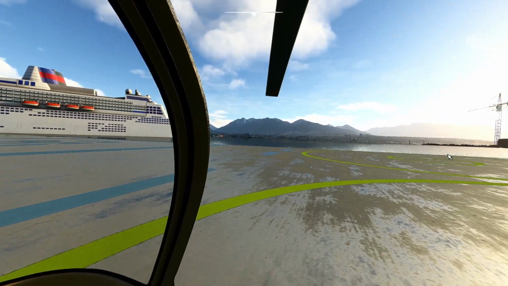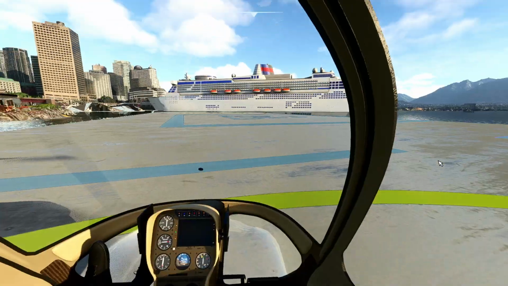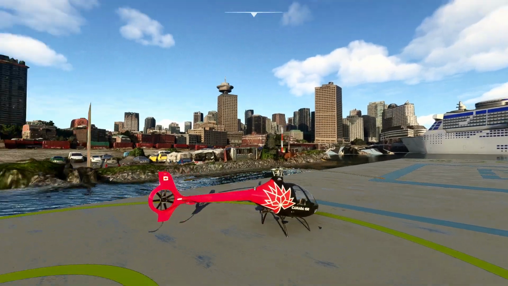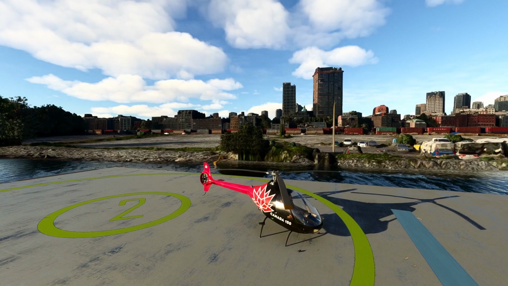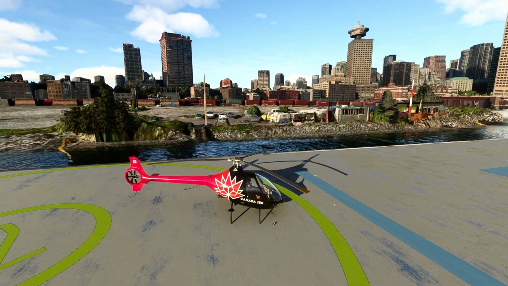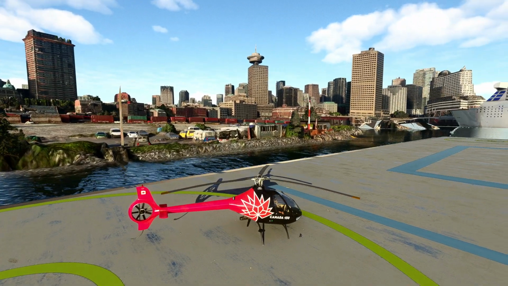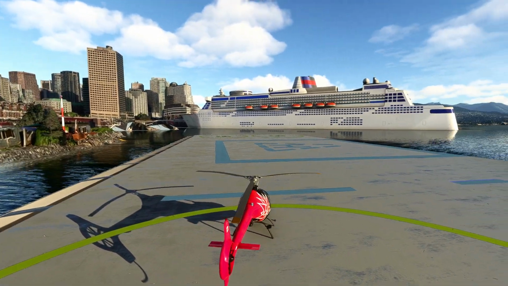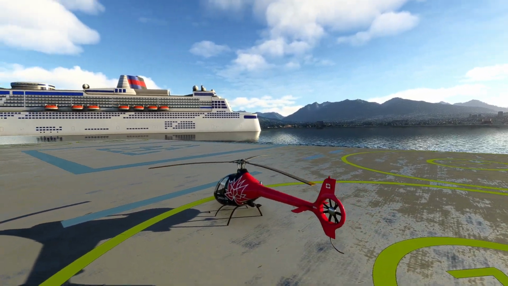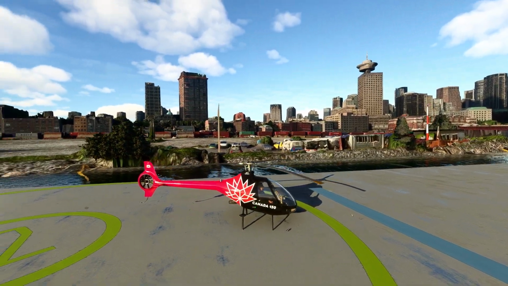We're back with another Microsoft Flight Simulator video here today, and I am in the Cabri G2 helicopter. This is an add-on helicopter that is available for free, and it is coming in November officially to Microsoft Flight Simulator, and we're here at Vancouver on an add-on scenery as